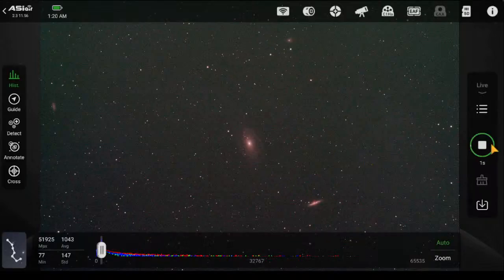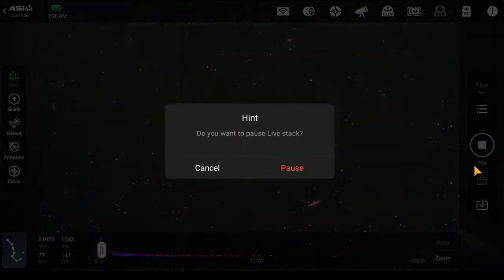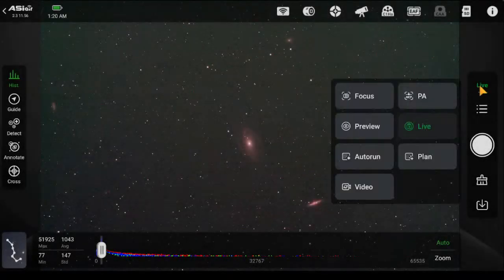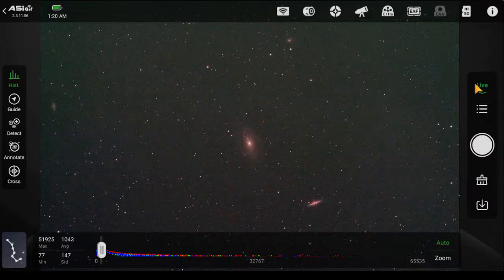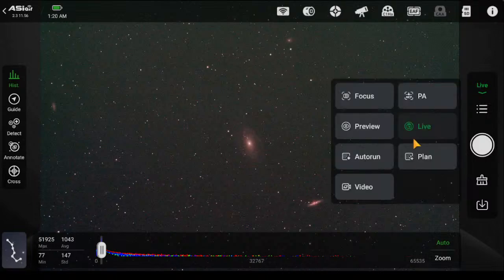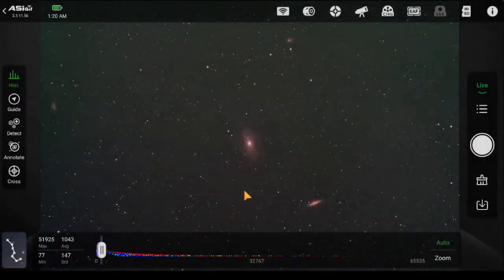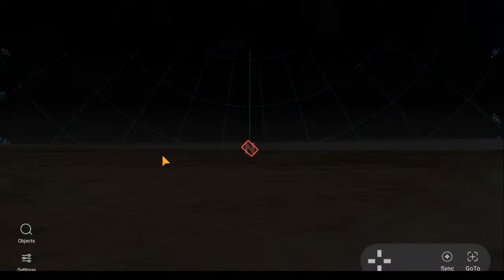All right. Pausing that stack. Do we need to switch out filters for Uranus? That's a loaded question, but no. No, we're good. The UVIR filter will be good. All right, here we go.